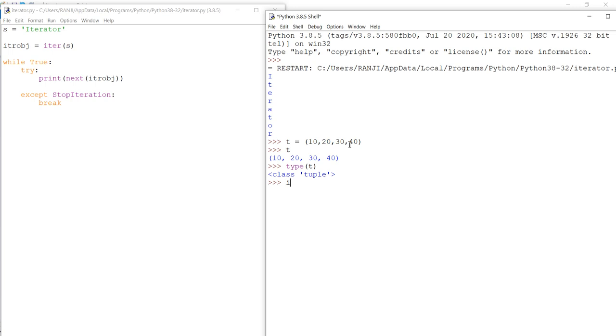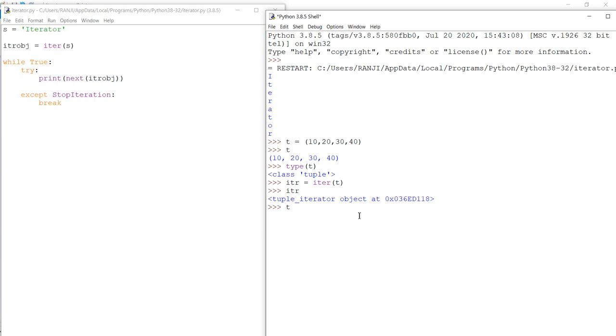Now what I do is I assign it to iterator object. So itr is an iterator object, and I'll just pass this t to this iterator object. And if I just type itr, you can see it is a tuple iterator object at this particular address.